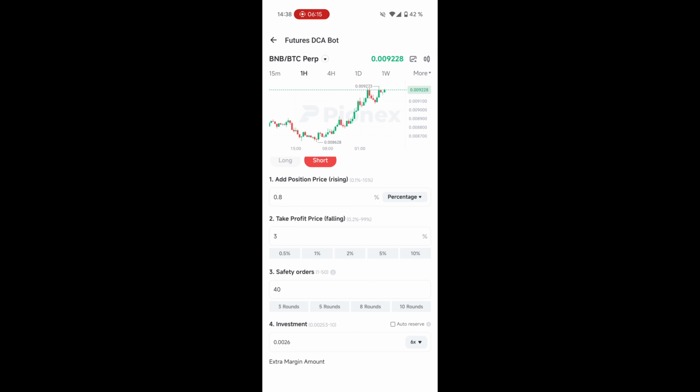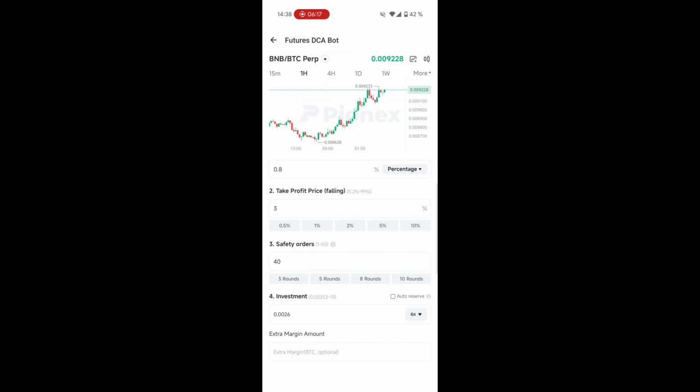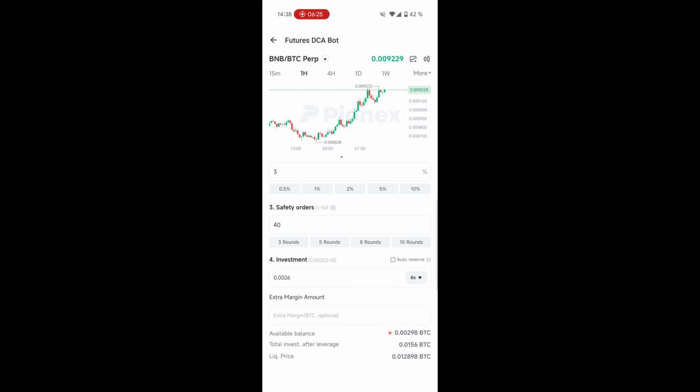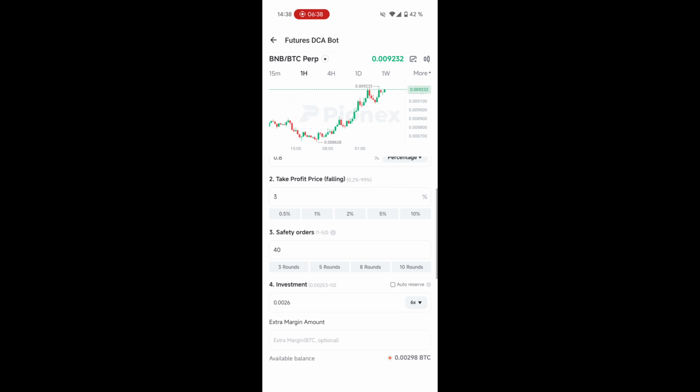If you have only 10 safety orders and you invest 1 Bitcoin, it would always sell at 0.1 intervals. But I have 40, so it's split further down. But you also have a lower position at the beginning, so your liquidation price is moving out further. It's a bit safer, that's why it's called safety orders.